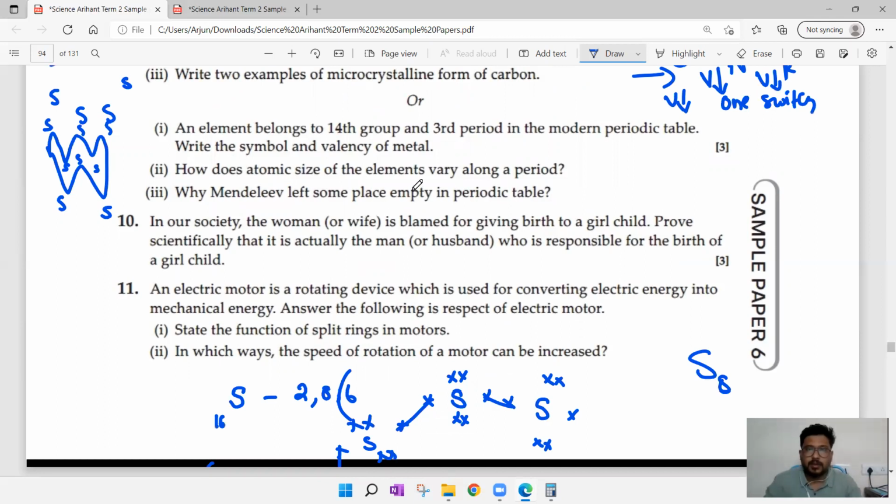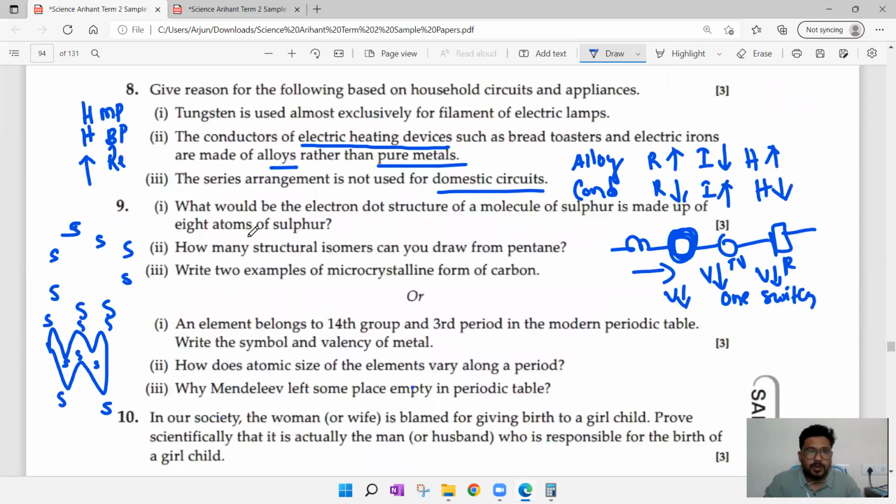Next, number 3. Write 2 examples of microcrystalline form of carbon. Basically, this word is not there, but if you observe